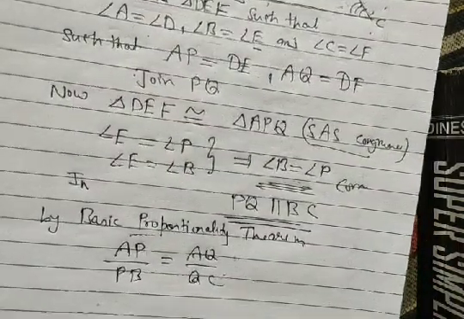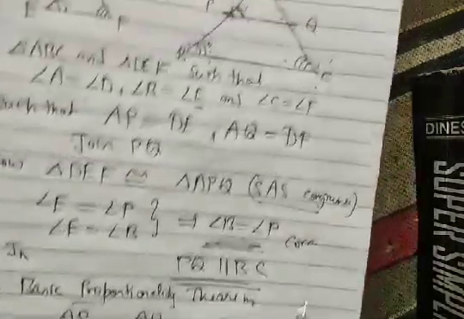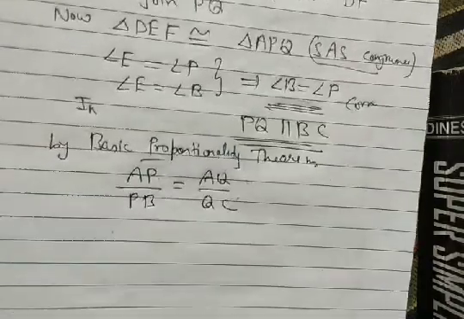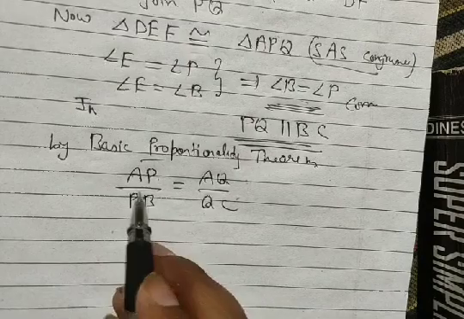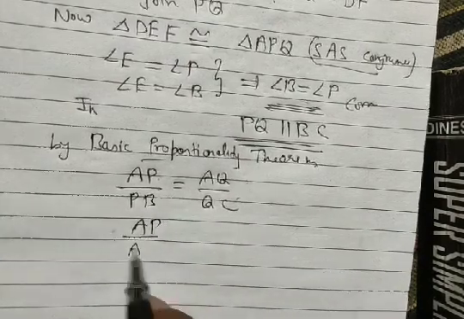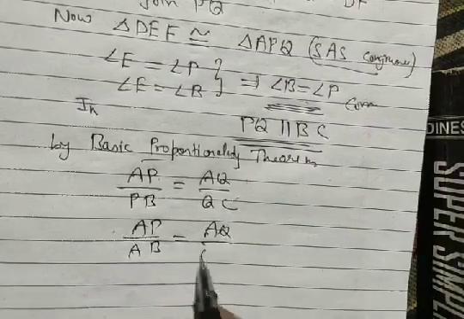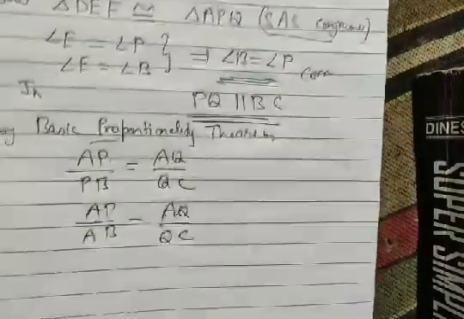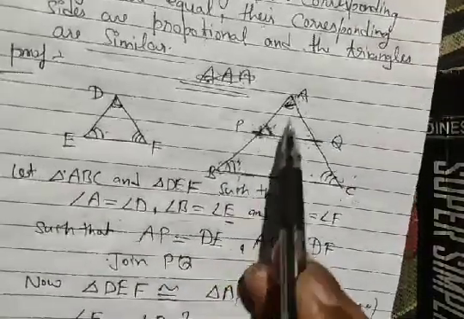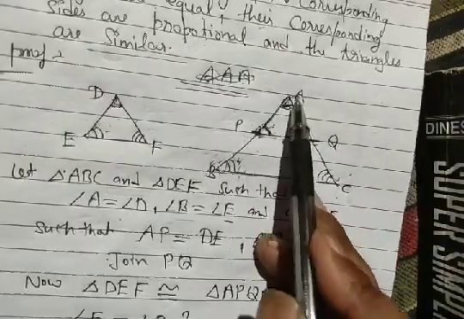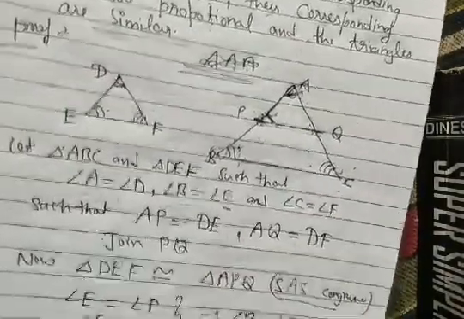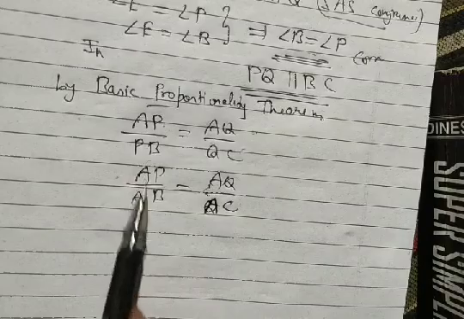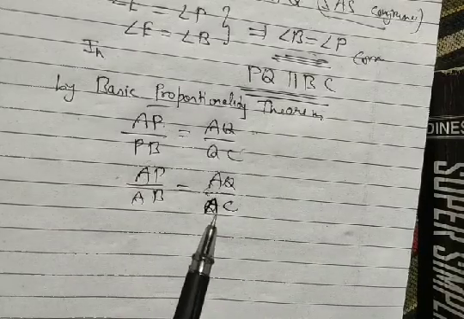When you add 1 to both sides, then also you can prove that. Since we are applying the basic proportionality theorem, we have AP by PB equal to AQ by QC, and now we are able to use the corollary there. Then we can also write AP by AB is equal to AQ to... sorry, we have taken the whole part, AP to the whole part AB, then AQ to the whole part AC. We have to write AC here. Now we have AP is to AB equal to AQ is to AC.